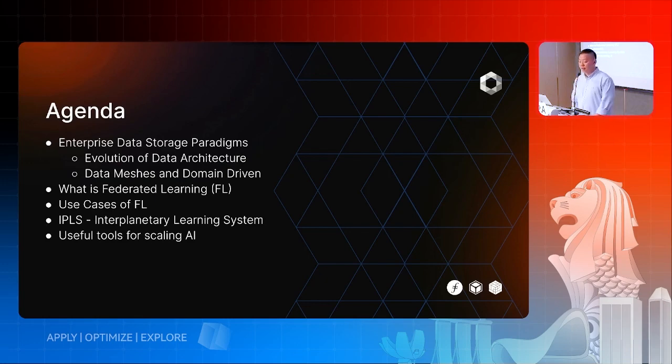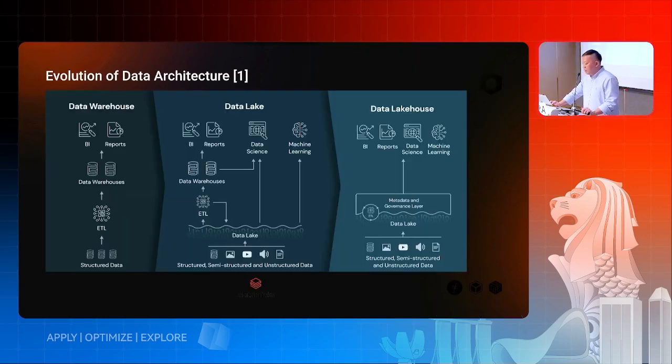So for those that want to get into creating AI systems, these are some of the important components for you to scale your AI. So starting off, we have this data architecture diagram. This is by Databricks. I can't really see it, but it started off with the data warehouse. So mainly people were storing transactional data in data warehouses. Think of legacy bank systems or customer systems. They want to put it into data warehouses.